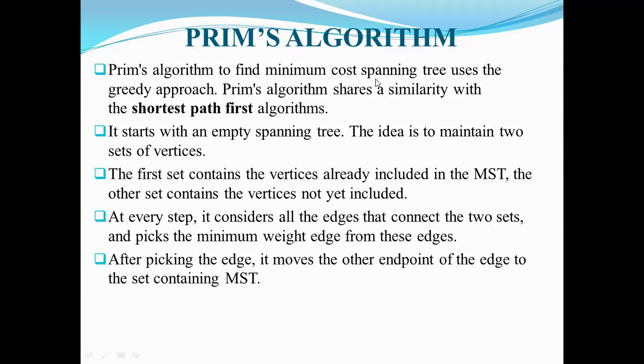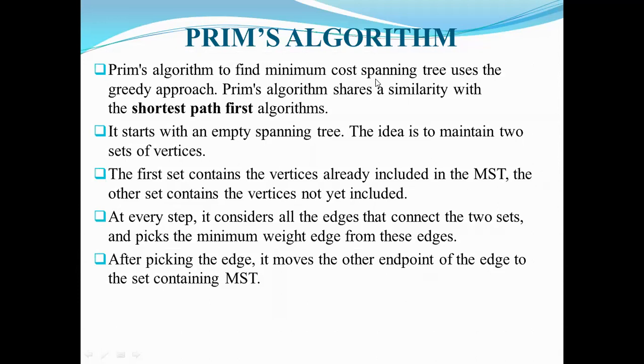Okay. So what is Prim's algorithm now? What is the aim of Prim's algorithm? Prim's algorithm aims to find the minimum cost spanning tree, and it uses a greedy approach. Greedy means it always selects the minimum as the criteria, so it always selects the minimum cost edge every time among all the remaining edges. So here we are using an approach similar to the shortest path first algorithm for constructing the spanning tree. Initially the spanning tree is empty because we have not yet included a single edge. We just have a graph and the tree is empty.